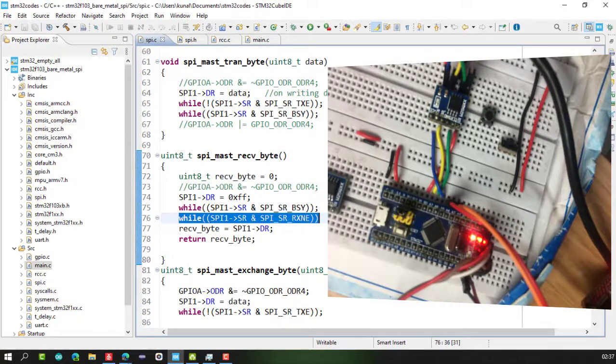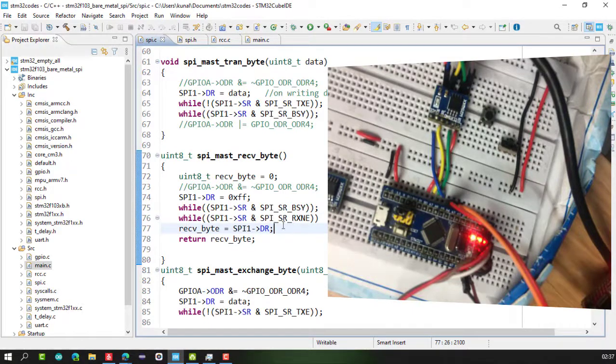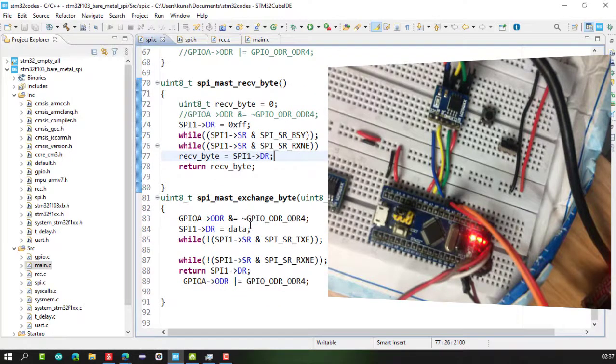The received data on the MISO pin, master in slave out, is monitored by the RXNE bit, so I put that bit inside a while loop. Once it is set, I get the data, receive that byte in a variable and then return the received byte. Okay, so that's what you have to write in the receive byte.